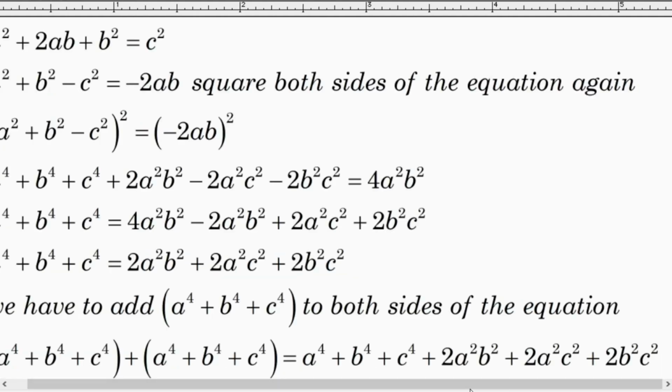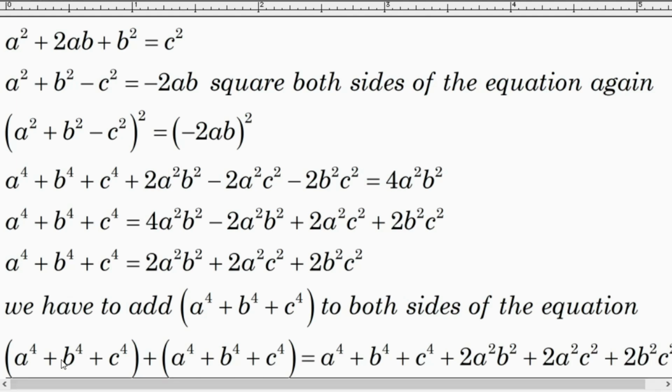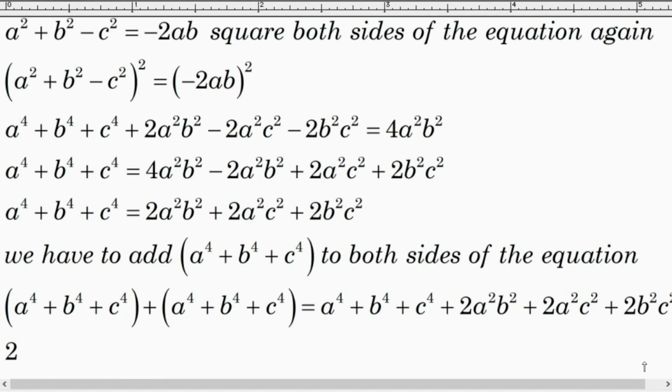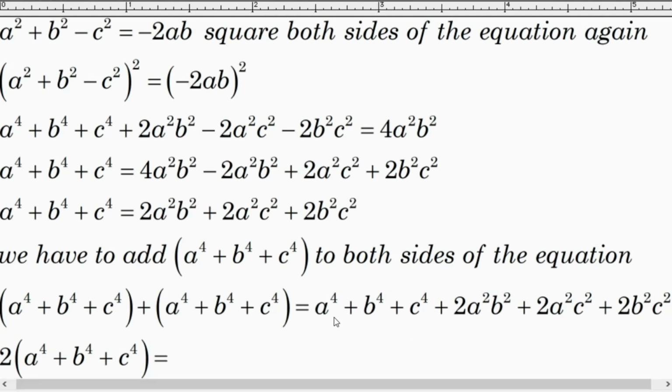Okay, so as we can see, now we have this one and then this one. That will be equal to 2 times a to the power 4 plus b to the power 4 plus c to the power 4, equal to a to the power 4 plus b to the power 4 plus c to the power 4, and then plus 2a square b square plus 2a square c square and then plus 2b square c square. Then that will be equal to